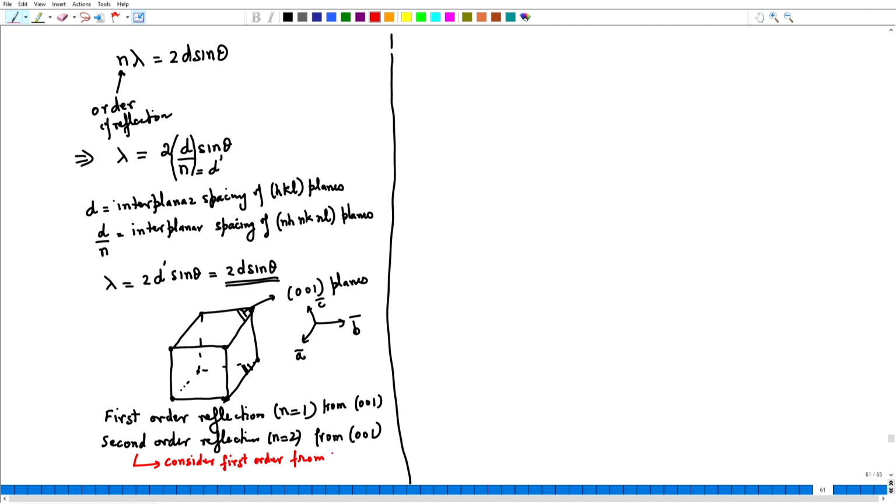With n equal to 2, I multiply it into 0 0 1 and that would give me 0 0 2 planes. Now, what are the 0 0 2 planes? Well, 0 0 2 planes are these set of parallel planes, 0 0 2. So, therefore, writing in this form, we consider everything as first order reflection, and it is basically